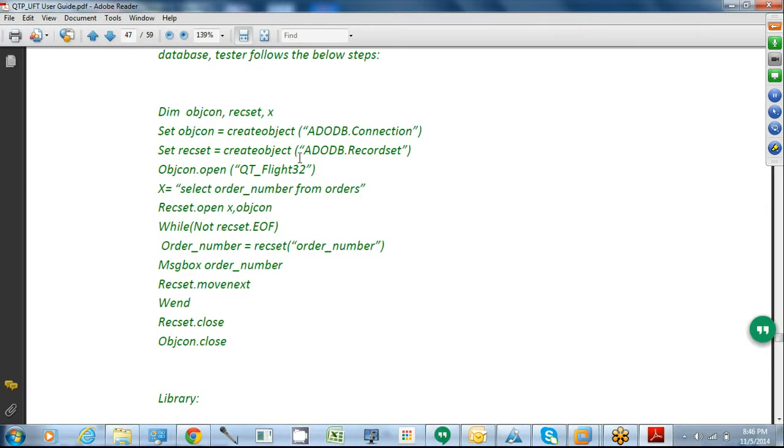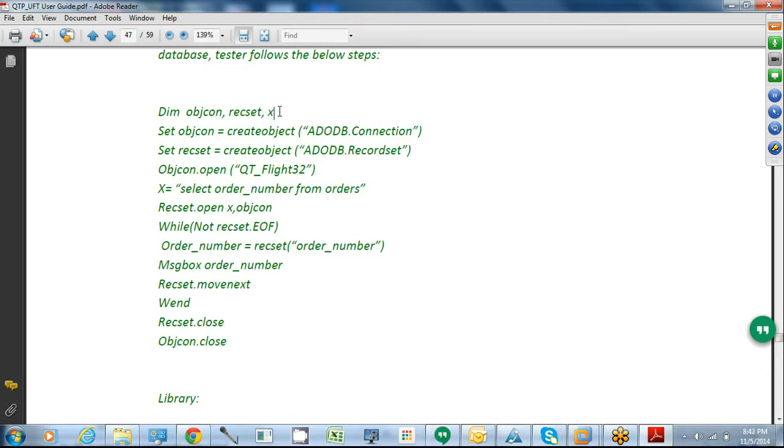For the database, we need to create 3 variables, since everything is a Dim variable. You declare them with Dim. The first variable is the object connection, objcon. The second variable is the record set. The third one stores the values of database records when you run a SQL query.